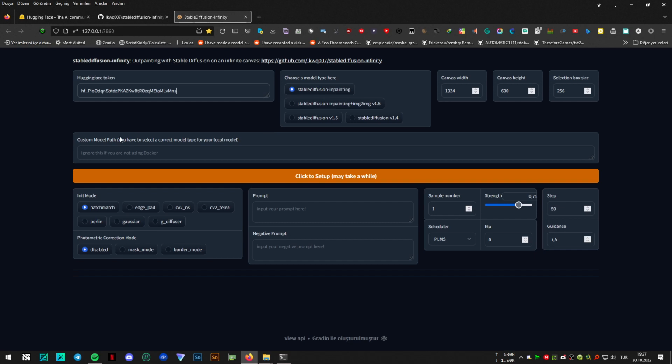So also, you can use custom models with Stable Diffusion Infinity. So if you have some stylized models or some Dreambooth models, you can put the path to here. Like for example, if you have a model in your C drive, you put the model name. Let's call it, you have a model at C drive on the main directory, model.ckpt, and but